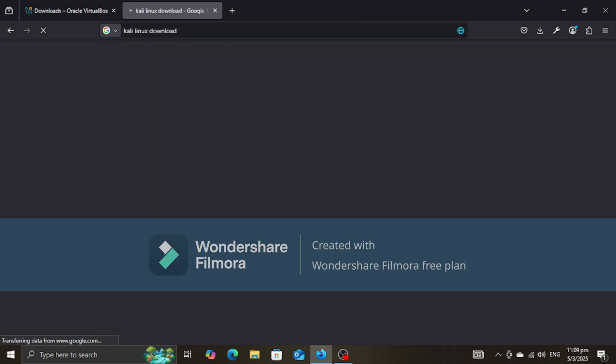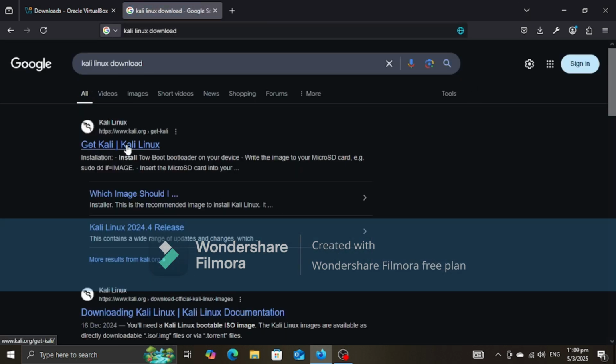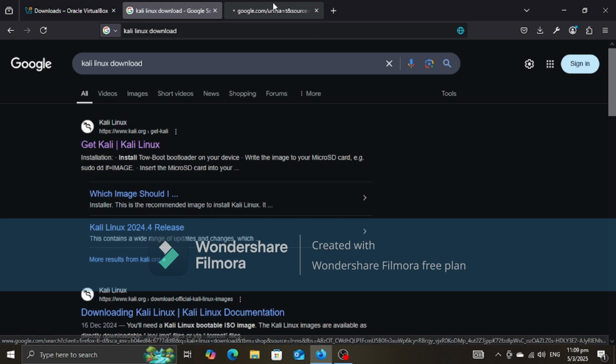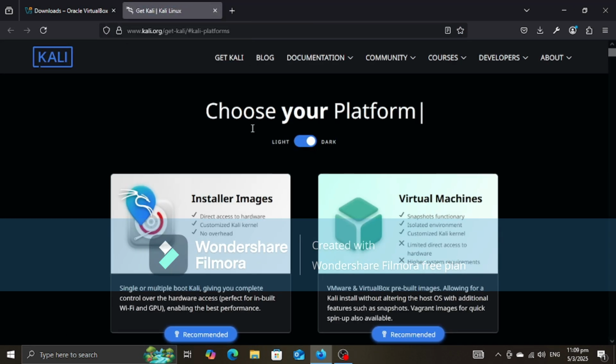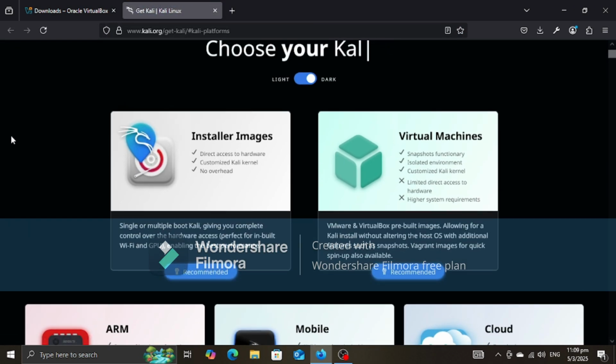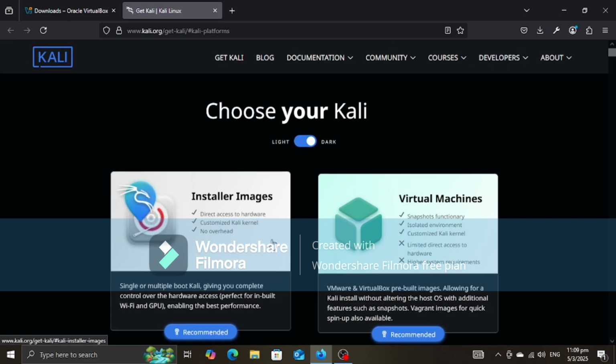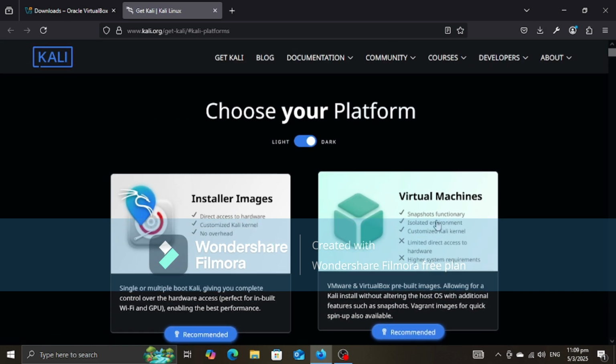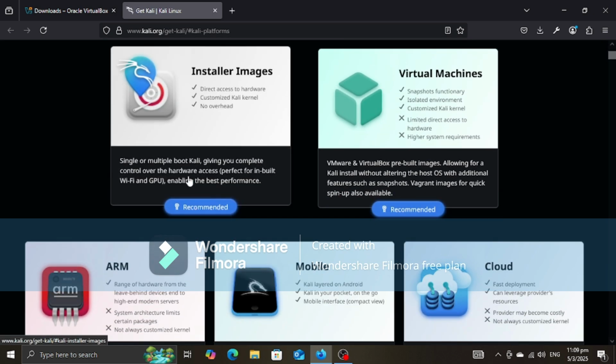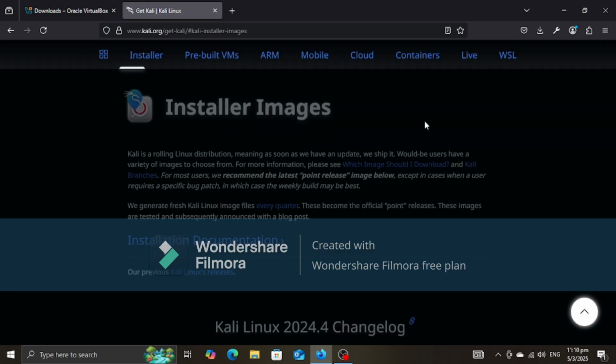download. I have searched for it, and on the first link, Get Kali, open this in a new tab. At this interface just select the installer image. Do not select the virtual machine image. I prefer to use the installer image because it's a more customizable Kali kernel. If you want to know what kernels are, please let me know in the comment box, so I will make a detailed video on the Linux operating system, Windows operating system, and the difference between them in easy and simple language. So first click on this installer image